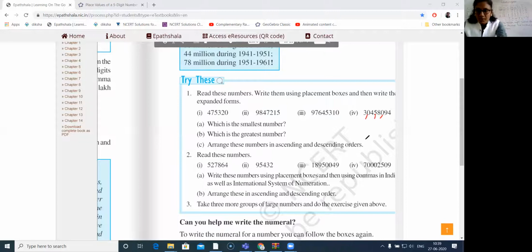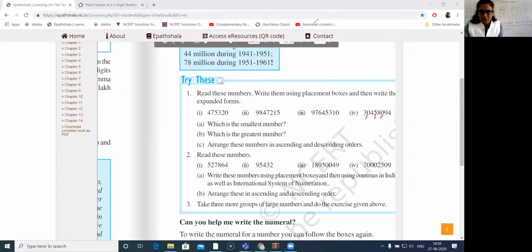All right. So you read this as ones, tens, hundreds is over, 1,000, 10,000, lakhs, 10 lakhs, and then crores. So it will be read as 3 crores. There is nothing in the 10 lakhs place. There is a 4 in the lakhs place, so together it will be 4 lakhs. 5 in the 10,000, 8 in the 1,000. So 58,094. I'm reading it again: 3 crores, 4 lakhs, 58,094. So this is very simple now.